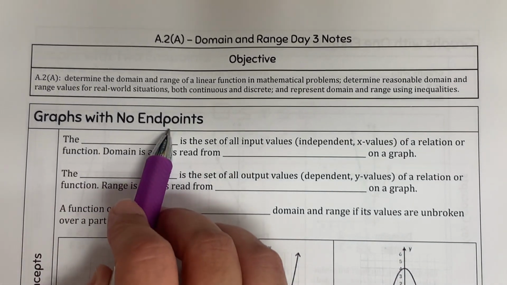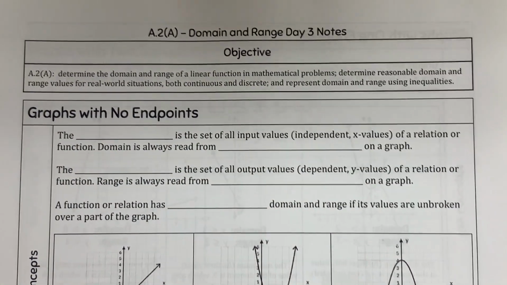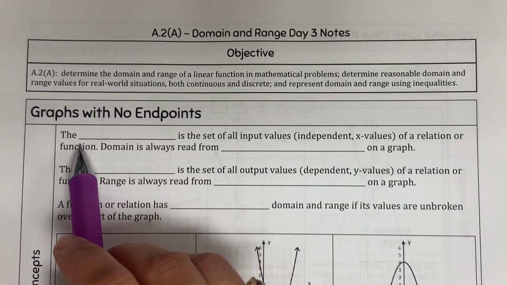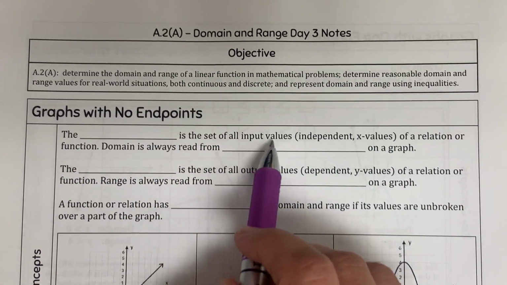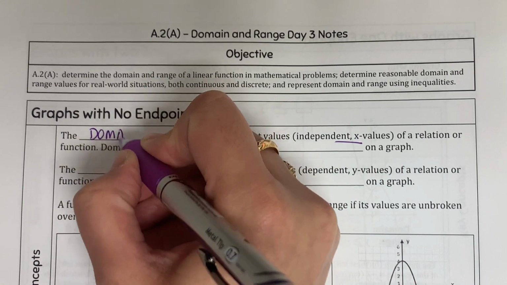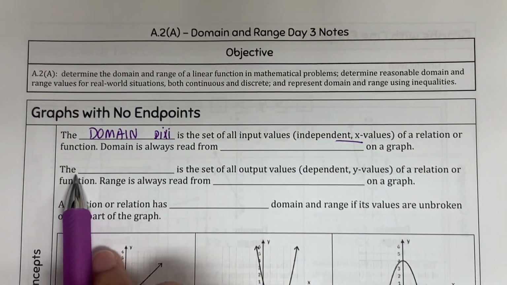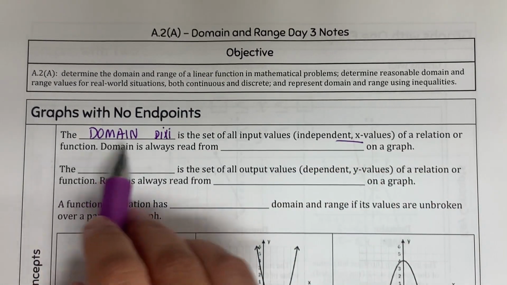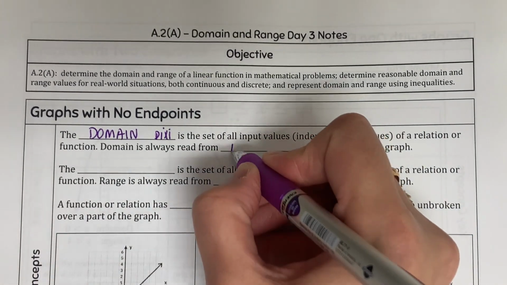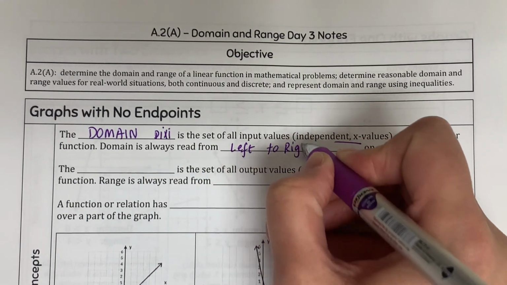Graph with no endpoints, that means those graphs go forever. They don't have any endpoints, so we have to pay attention to that. The blank is a set of all input values, X, so it's domain. Your keyword, Dixie. Domain is always read from left to right